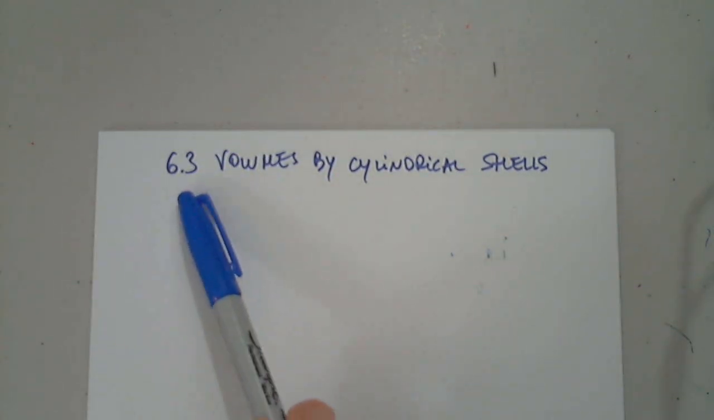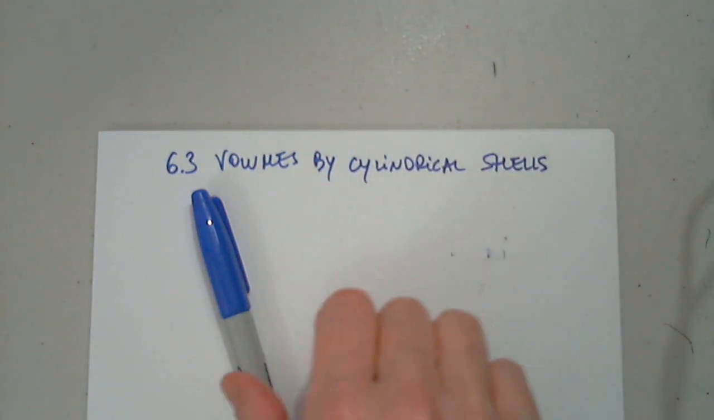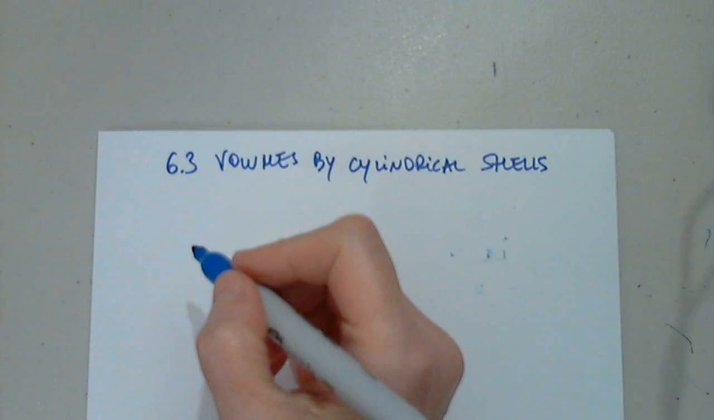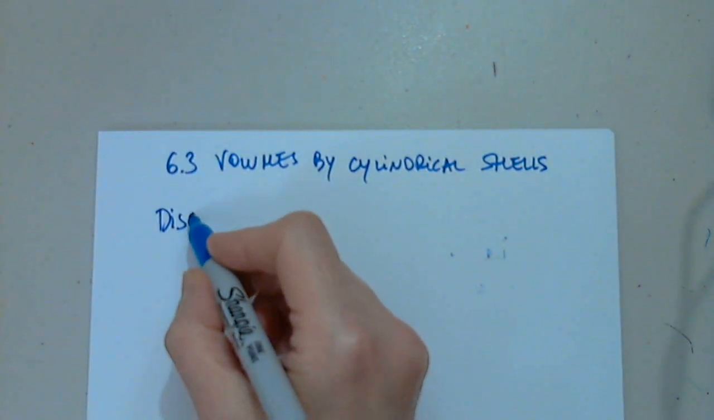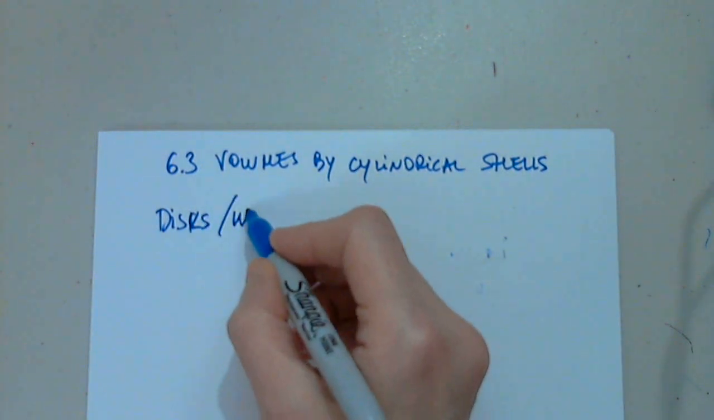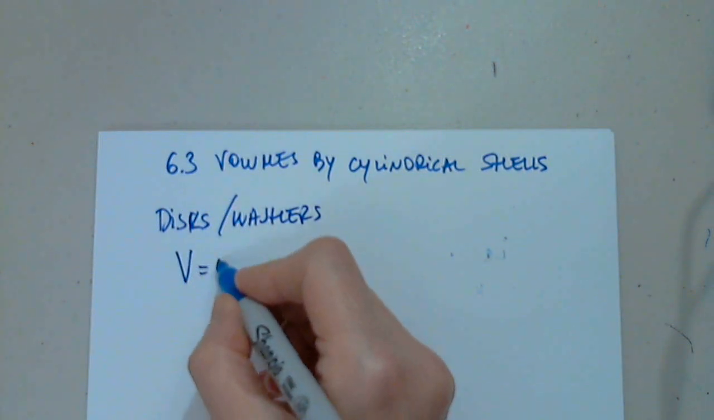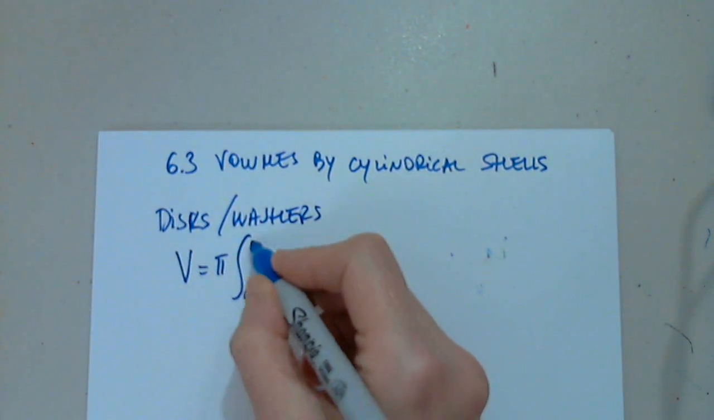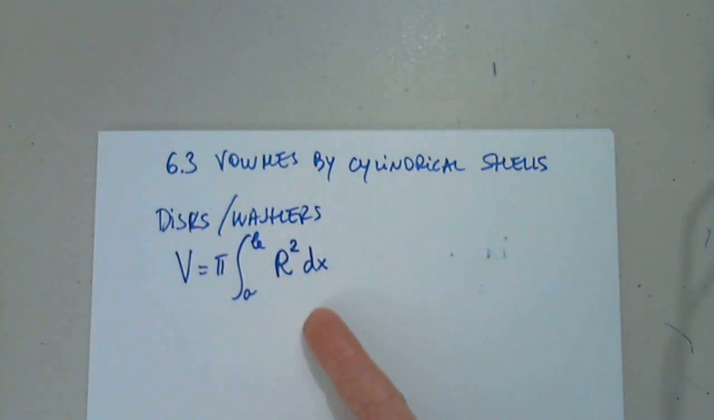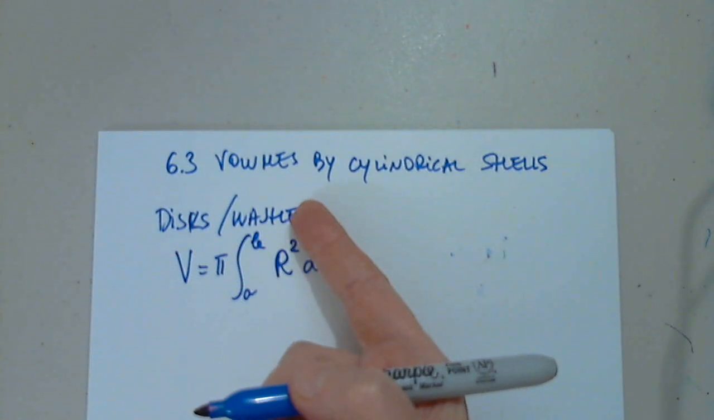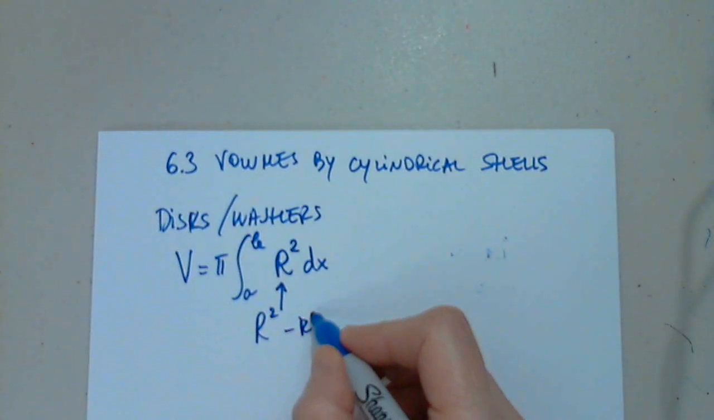Hello again. We're going to talk now about 6.3, volumes by cylindrical shells. Remember when in 6.2 we talked about volumes using discs or washers. We use the formula, the volume equals pi times the integral from a to b of radius squared dx. Of course, it could be dy. Of course, if it's a washer, this will be a difference: outer minus inner